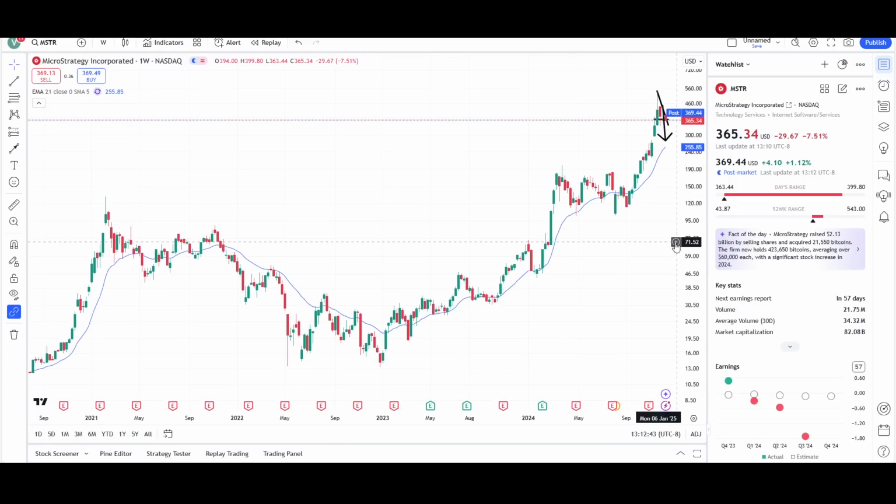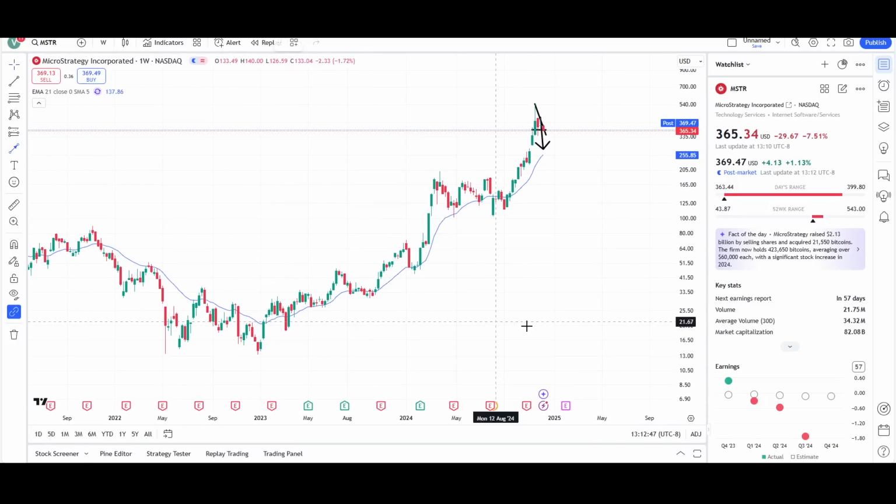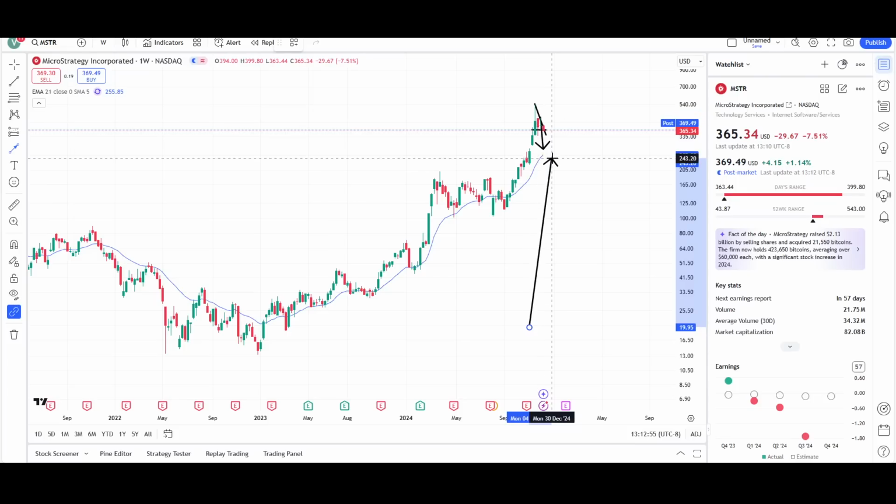Here's a look at the weekly chart. Price is extended from that EMA. A lot of times in these healthy uptrends, the price will come back towards that EMA. So just like in these prior pullbacks, price came back to this 21 bar exponential moving average. So whenever the price gets too far, it's like a rubber band effect. So it's coming back to that EMA, or technically just coming back to where it normally trades at, like kind of an average,